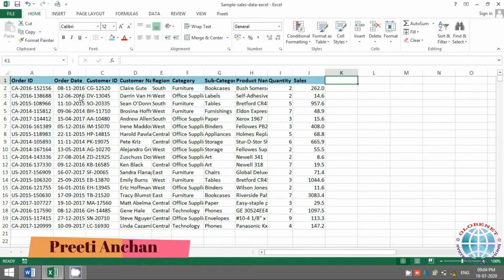In today's session we will understand how to work with references, or you can say cell references. There are three types of cell references. To start with, we will see how the default cell reference works, and then we will see the other types. So the default one is, for example, if you're creating any formula.